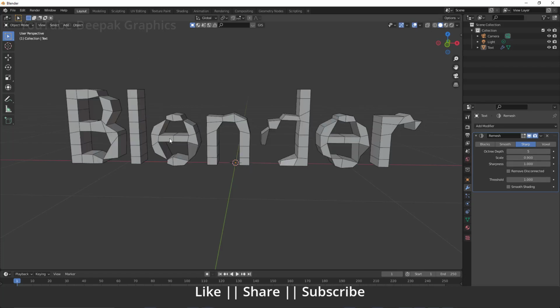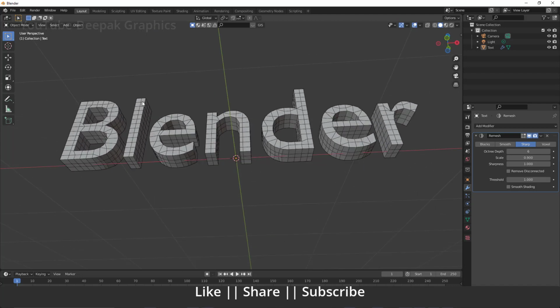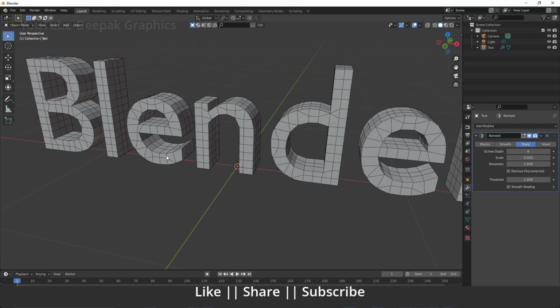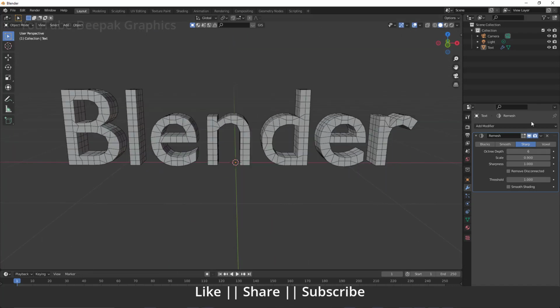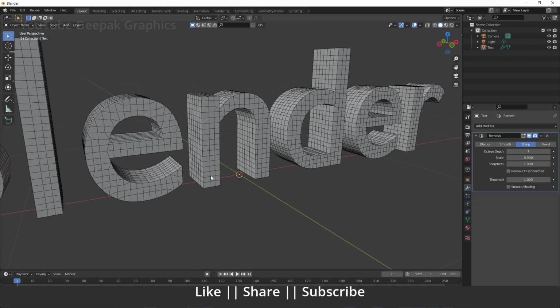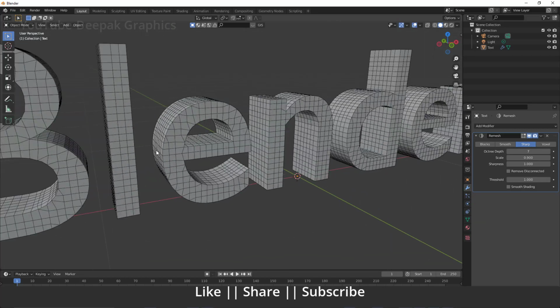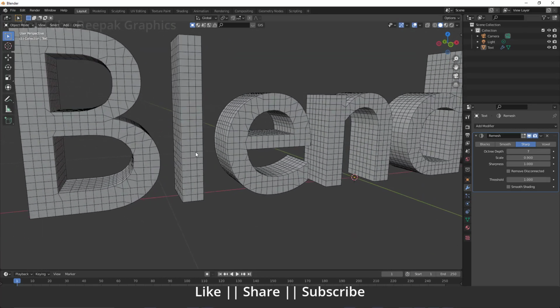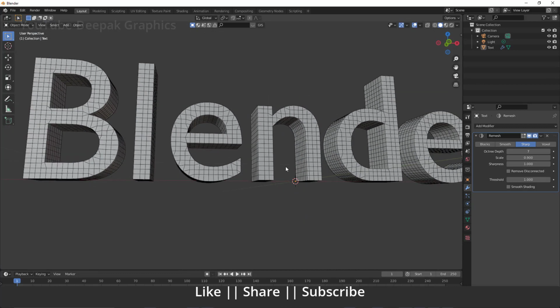So now we have a little basic shape here. Okay, so now what I'm going to do is increase the octave depth, and when I increase the octave depth we have a good mesh here. So I'm going to increase this octave depth almost to 8. I think 7 looks nice. Okay, 7 looks fine, by the way. So now you can see, guys, we have almost a good topology here, which looks fine, by the way.